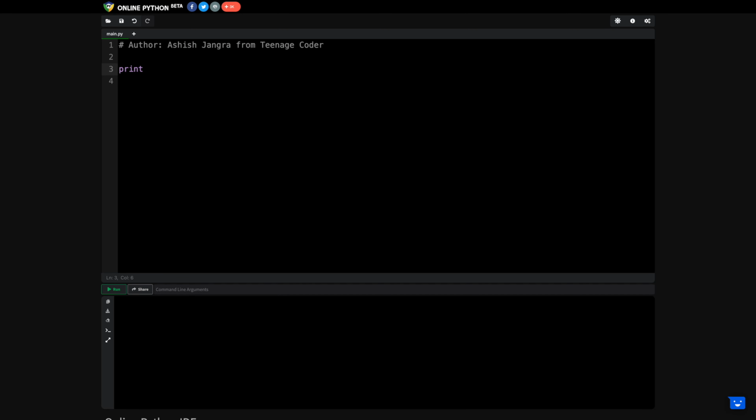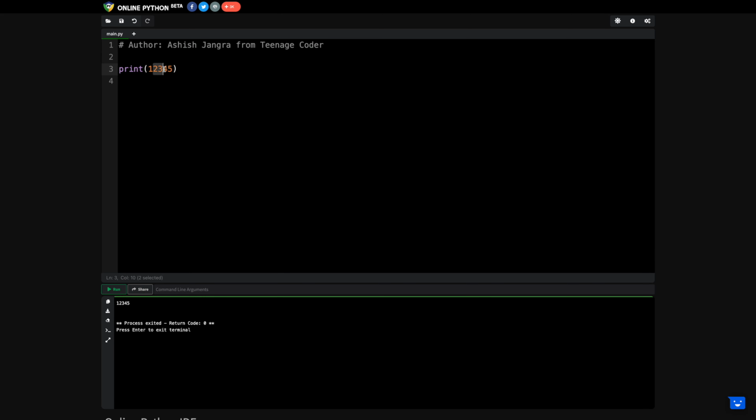After calling this print function, we also need to give it the parameter, that is, what I need to print. So I need to open a bracket and close a bracket. Clear? And inside that I can write anything. Let's suppose I'm writing a number 1 2 3 4 5. Clear? And now if you execute this by clicking on F8, which shows if you hover over it, you get the value 1 2 3 4 5. Okay, means we have printed this value 1 2 3 4 5.